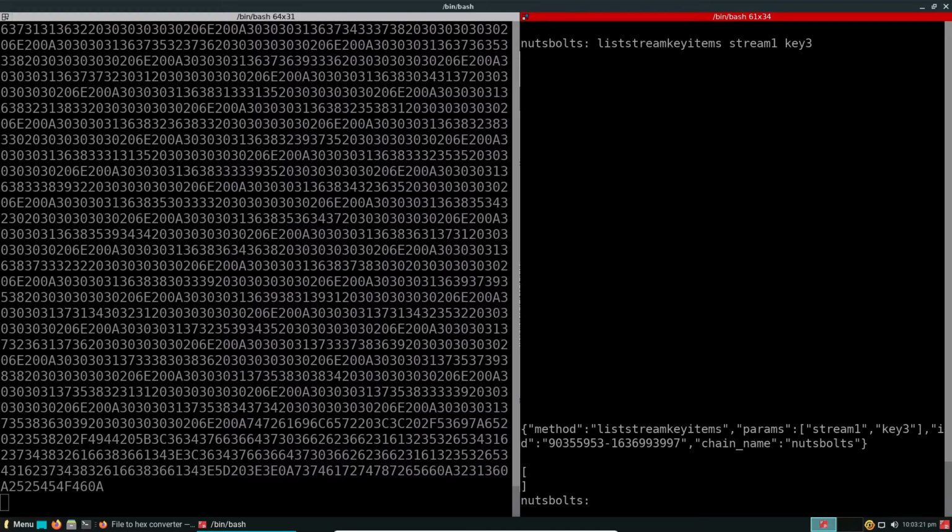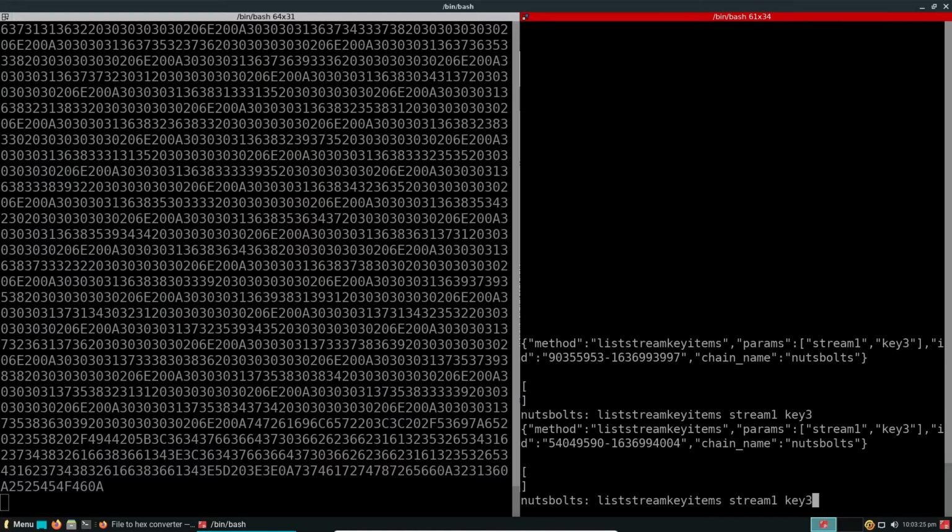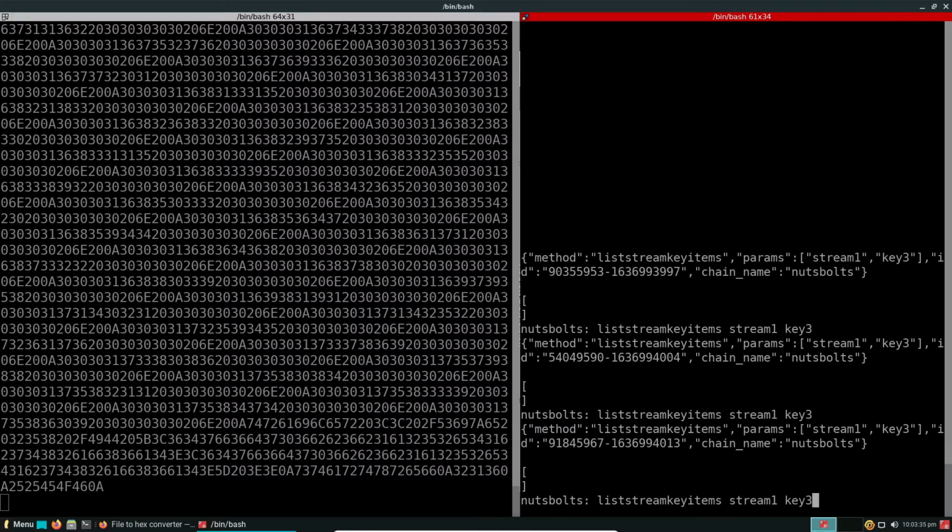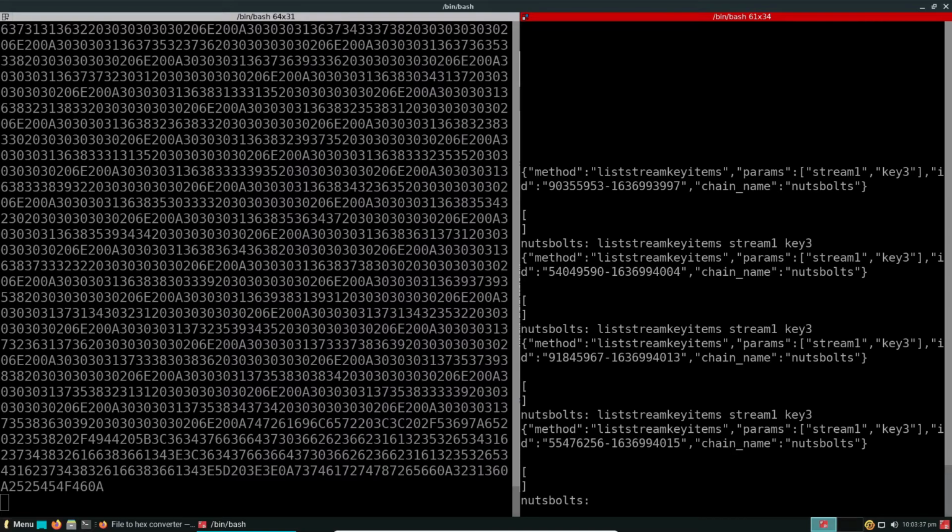If you can see, it is still empty. Now you see there are some changes happening every time I run this command. So this is the population happening in real time. We are seeing the uploading of bytes to the blockchain increasing. So we'll just wait for a few seconds till we get a terminal here.